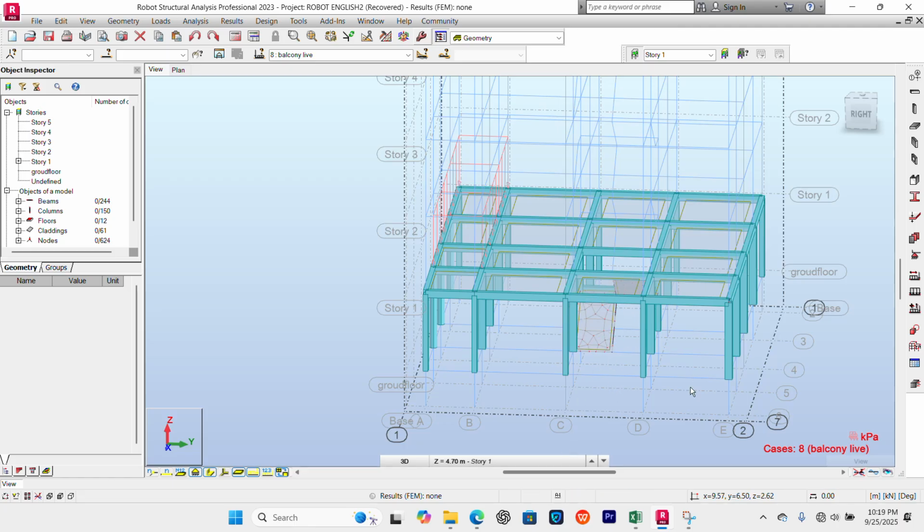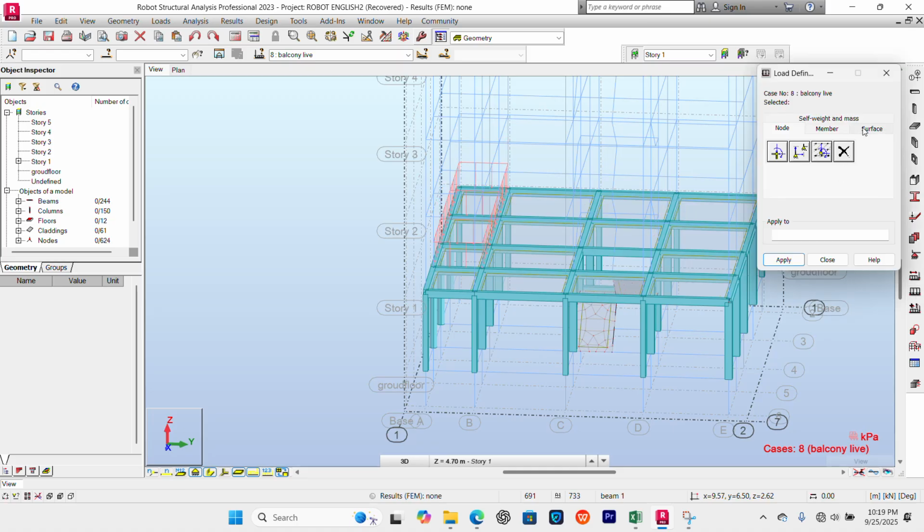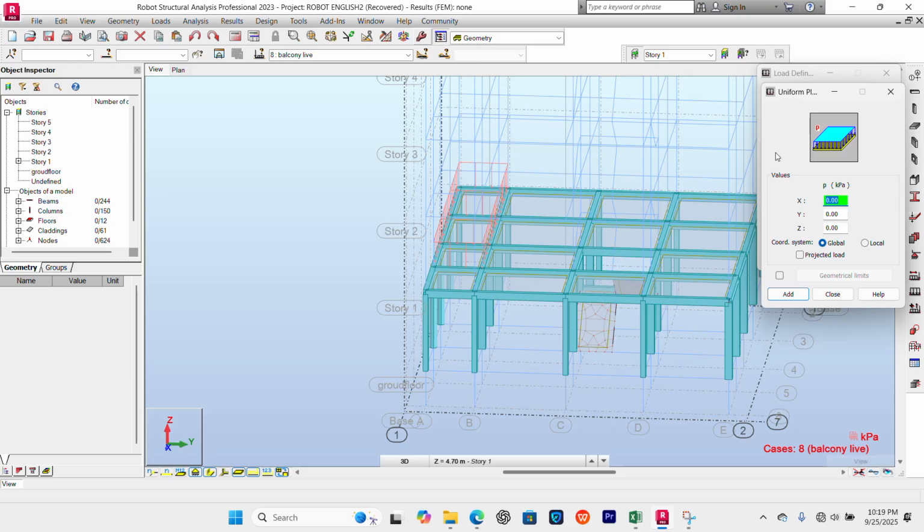So to apply the live load on the stairs now, we are going to come on load definition again. It's a surface load normally, and then we click on surface. I said the live load according to the norm NFP is 3.5. So we'll enter negative 3.5 as the circulation.